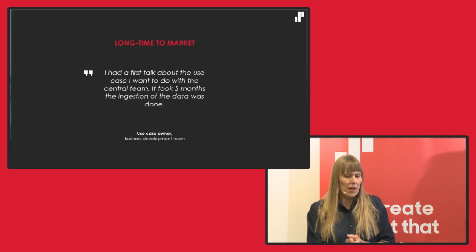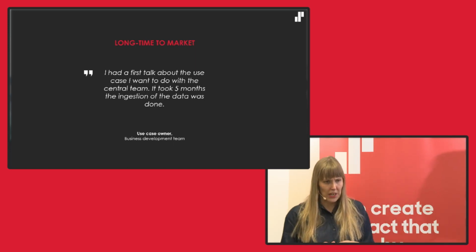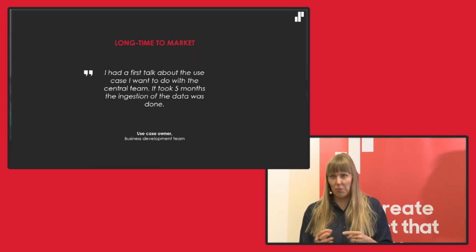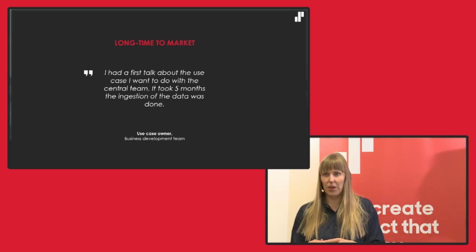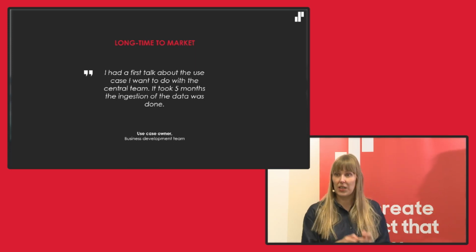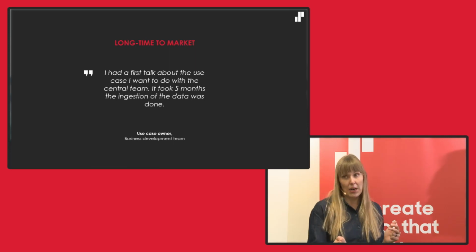I would say the main case was that it took a long time for a person actually to find the source data. Like, where would I know where this information is? I have a use case, where would it be? And then it took a longer time, many meetings, to actually find a technical person to be able to explain the data set. So this took, I would say, 2 months at least.